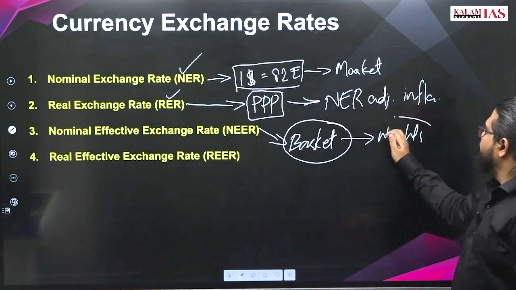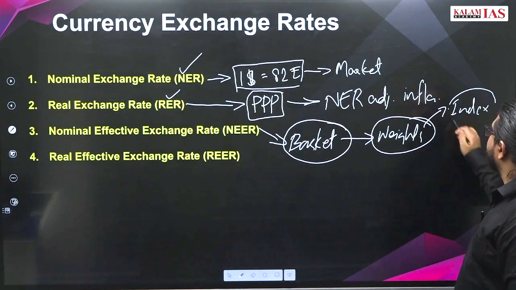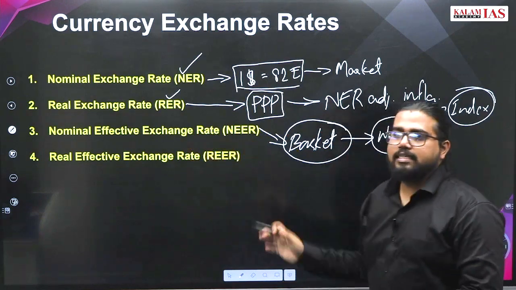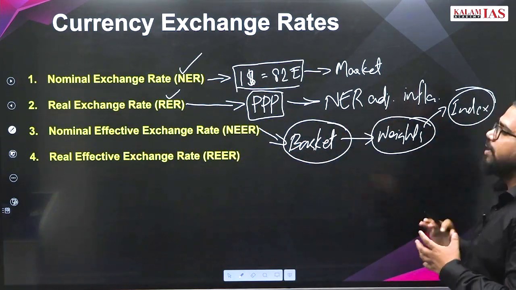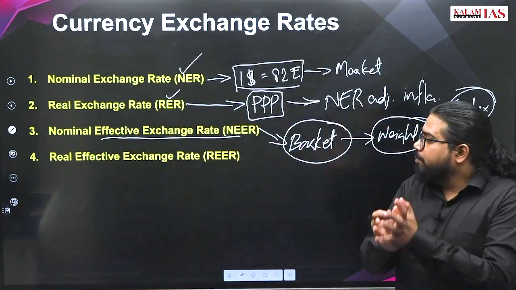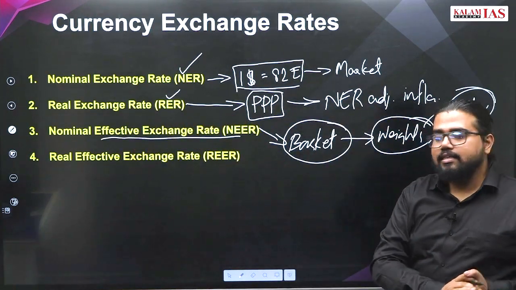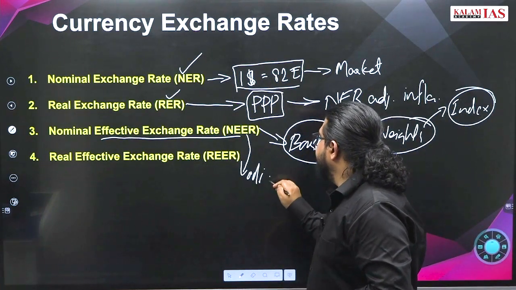And depending on the weights, you can find an index that represents the effective exchange rate. That represents the exchange rate of the Indian rupee against this basket of currencies. That exact coefficient is nominal effective exchange rate. Similarly, if NEER is adjusted for inflation, we will get